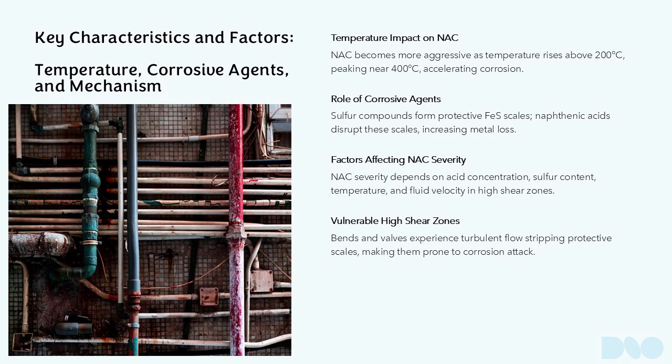NAC typically occurs at temperatures above 200 degrees Celsius or 400 degrees Fahrenheit and becomes more aggressive as temperatures rise toward 400 degrees Celsius or 750 degrees Fahrenheit. The primary corrosive agents are sulfur compounds, such as hydrogen sulfide or H2S, and naphthenic acids or NAs present in crude oil. Sulfur compounds tend to form protective iron sulfide or FeS scales on steel surfaces, which can reduce corrosion rates. However, naphthenic acids interfere with this protective mechanism by breaking down or preventing the formation of these scales, leading